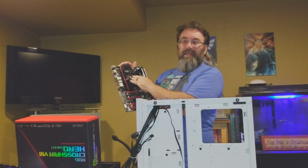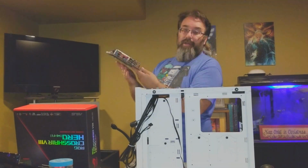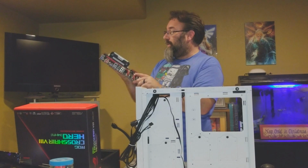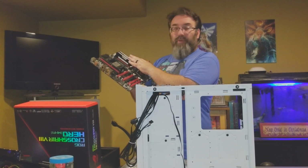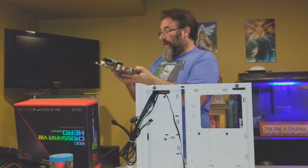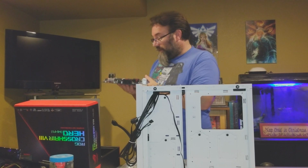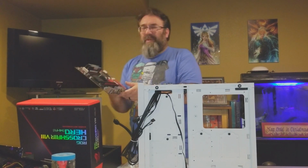Cleanup is usually pretty easy, just some rubbing alcohol and a Q-tip, cleans it up really nice. It's DDR3 2400. This is 16 gigs, so it's two 8 gig sticks. So she's going to have a pretty good setup here. The processor itself is the AMD 4170, I believe. I don't think it tells you on here. No, it doesn't. I believe it comes clocked at